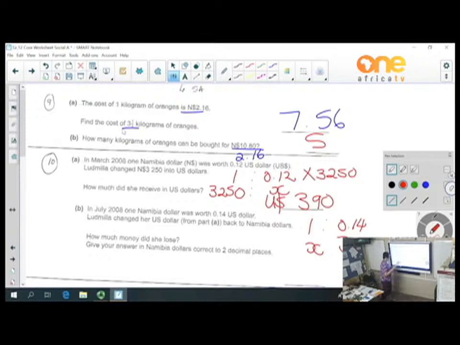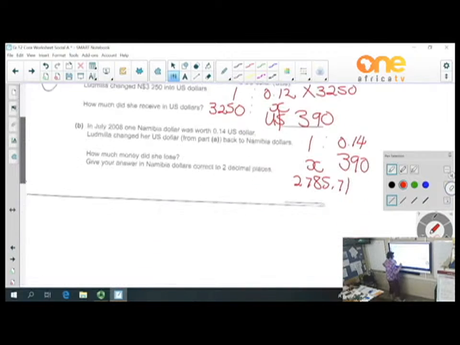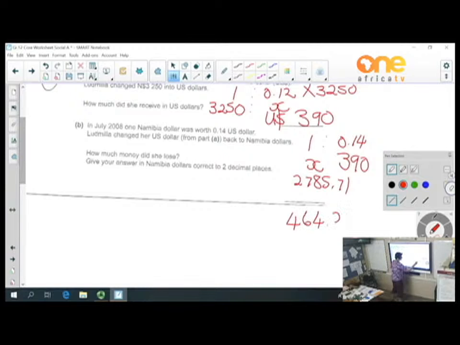464.29. I think you've already subtracted it also. So if I convert it here, it gives me 2785.71. And then you have to subtract it from the original amount there. So that's why her final answer then is 464.29 Namibian dollars. There's quite a lot of questions on social arithmetic in your papers. Make sure you understand this, and this is where you can actually get